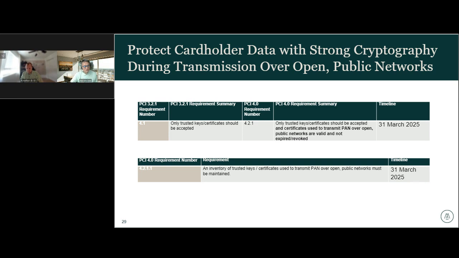objective. So going to 4.1 here, this is if you're transporting credit card information. Before, it was only trusted keys and certificates can be accepted. Now they're saying that when you're using these certificates to transmit any PAN over open public networks, you must be using only valid and unexpired certificates